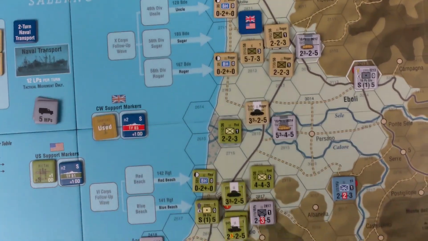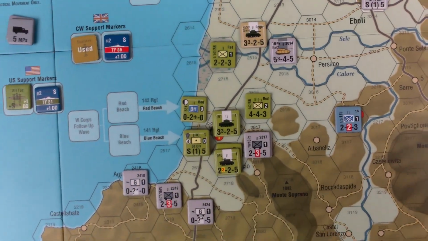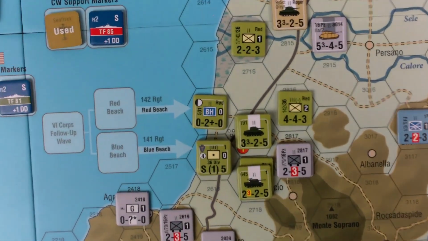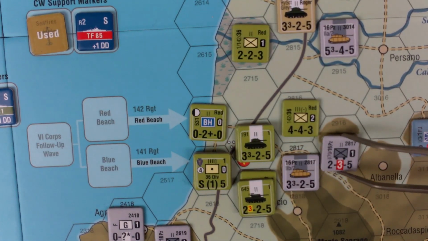We only have one other attack we wanted to do in the American sector here. Let's try to get this camera angle less poor here. Need to buy some better equipment. Okay, so what do we have here? I think I wanted to attack here. Yeah, so we have